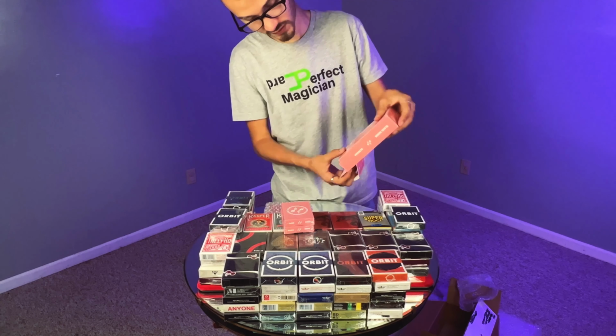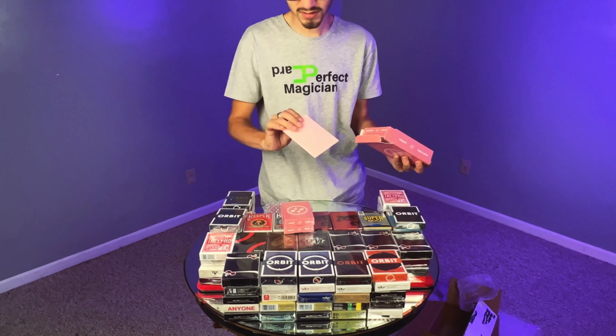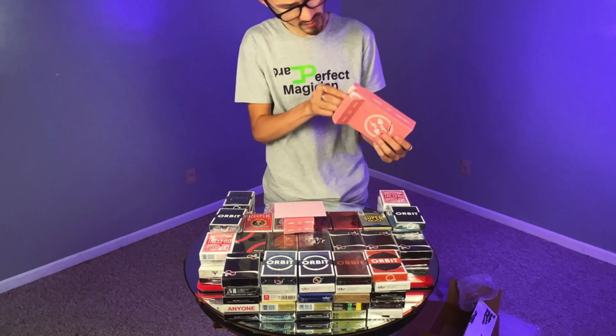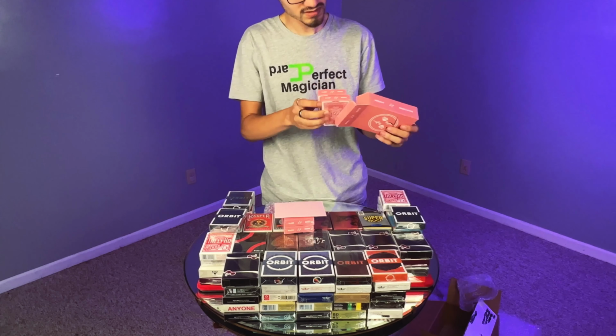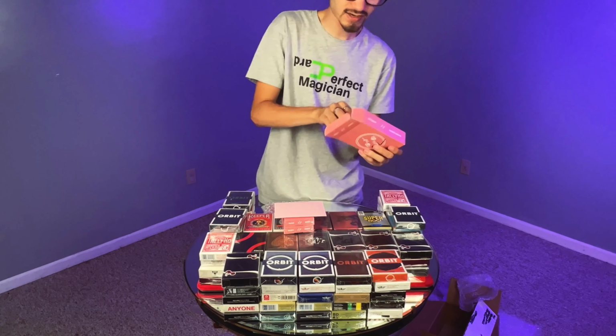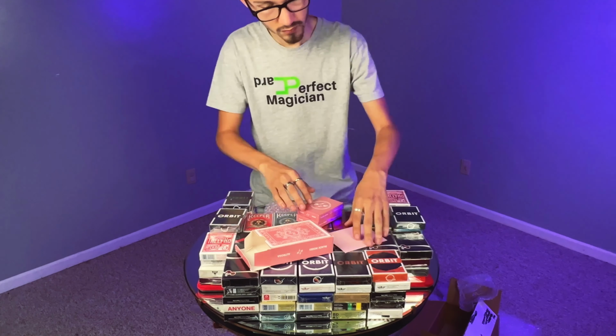Whoa, goodness gracious. Absolutely wild. Well, I'll be doing it in about, whoa, what is this? What in the world? I knew there was going to be decks of cards in here. I didn't, what is that? What is that? I gotta put these back in here first. Goodness gracious, Myers. Alrighty. What in the...